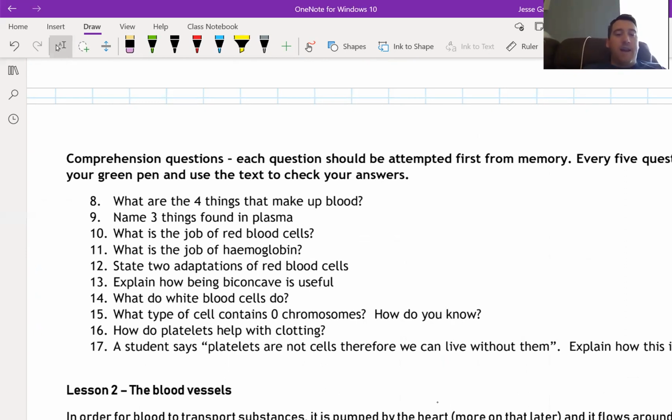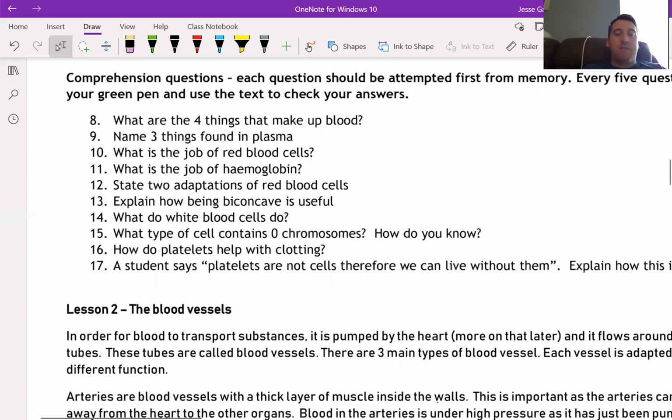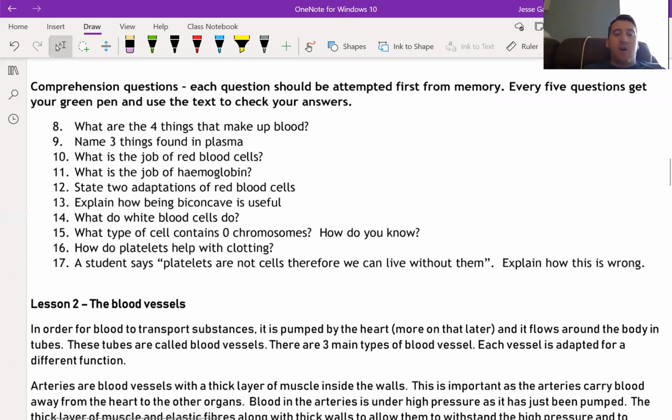Okay. Next one that might be difficult is number 17. The student says platelets are not cells, therefore we can live without them. Explain how this is wrong. Okay, so it's correct in that they're not cells. That's true. So that's not wrong. The bit that is wrong is the idea that we can live without them. We can't really live properly without them without getting some kind of medical help where they give us platelets or something. So if you don't have any of your own platelets, a doctor will have